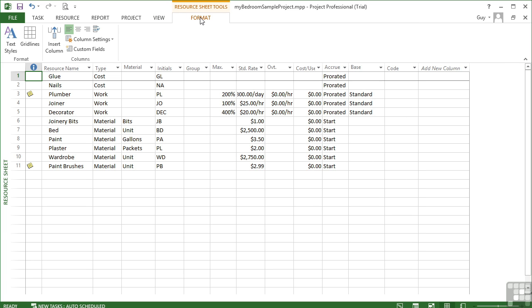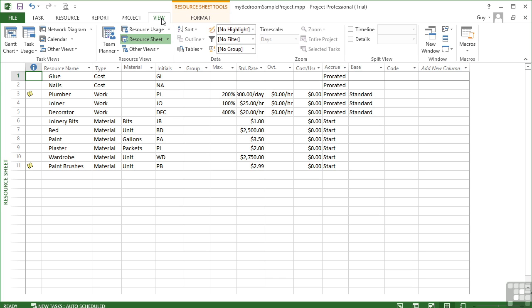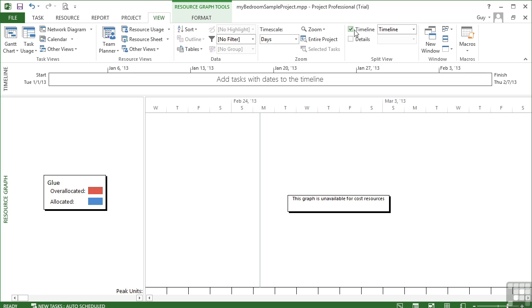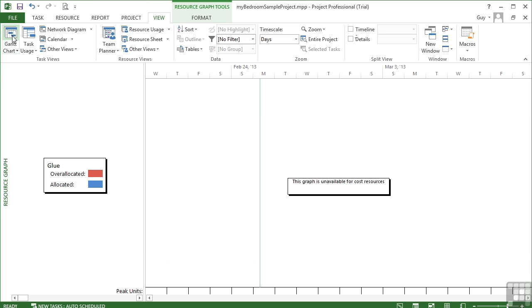So this context-sensitive part of the ribbon appears when you're looking at a particular view. We go back into Other Views, Resource Graph, and we get Resource Graph Tools. So every single little view has its own little tab at the top. Even if we activate the timeline, which is an option we will investigate shortly, if I click into this additional timeline, I then get the Timeline Tools format. So these other tabs remain on your ribbon: Task, Resource, Report, Project, and View, but the next one changes based on the current view you're looking at. So if I deactivate the timeline and go back to viewing the Gantt chart,